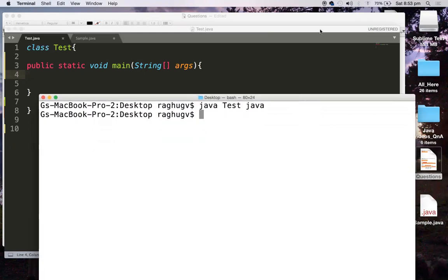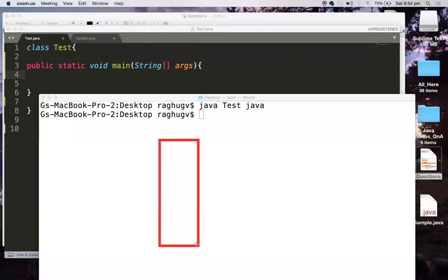As explained in the previous question, let me once again tell you that. Whenever the main method is invoked, we understand that a main stack is going to get created. In the main stack we have the local variable whose name is args.